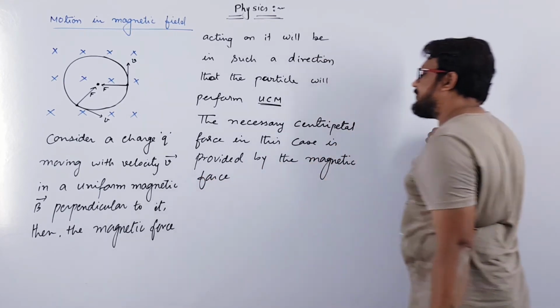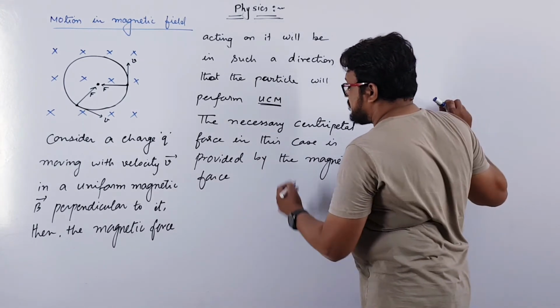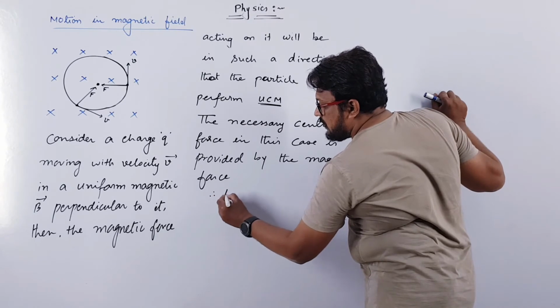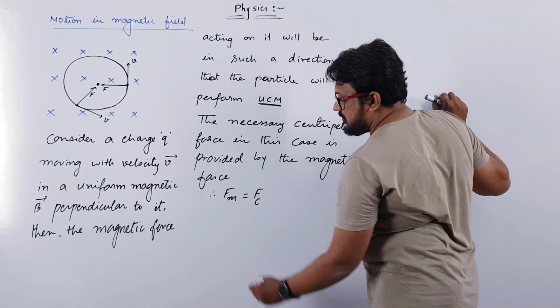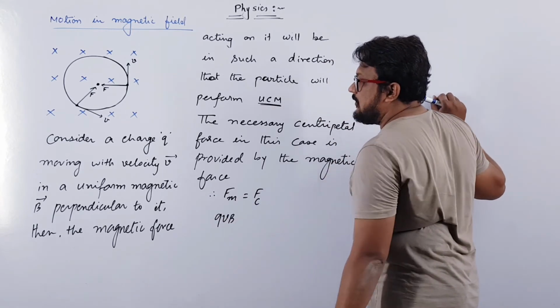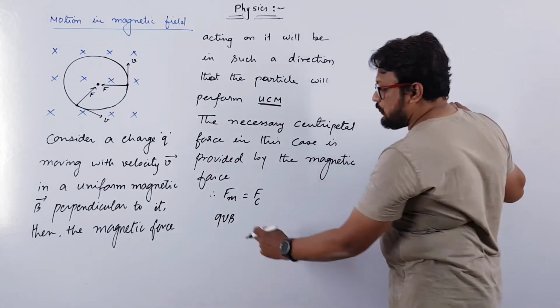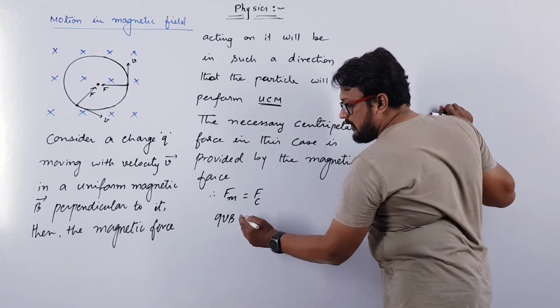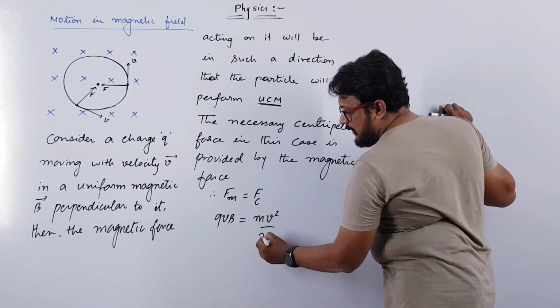So therefore magnetic force is equal to the centripetal force. Now the magnetic force here is QVB sine 90. As we have discussed, V, B and F are all perpendicular to each other. So sine 90 is 1. So QVB will be equal to mv square by r, where one v will get cancelled out,